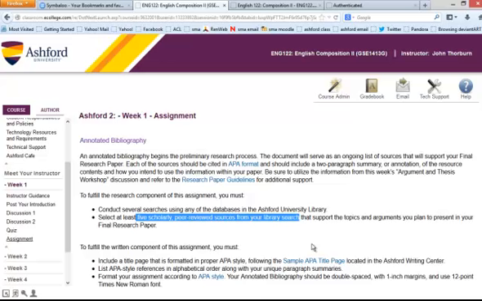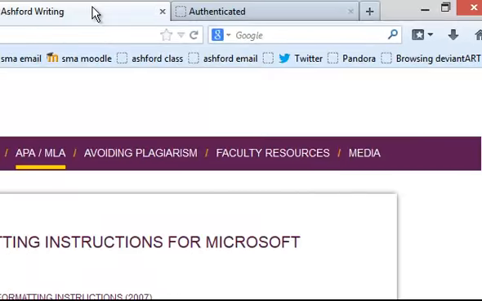Pretend you're a lawyer and you're calling witnesses to the stand. Lawyers call expert witnesses to the stand. They don't call some slack-jawed yokel who writes a Wikipedia article to the stand. So you need to find at least 5 scholarly peer-reviewed sources from your library search, and you're going to create a citation in APA format for those sources, and then you're going to write a little 2-paragraph summary of what that article or source says.